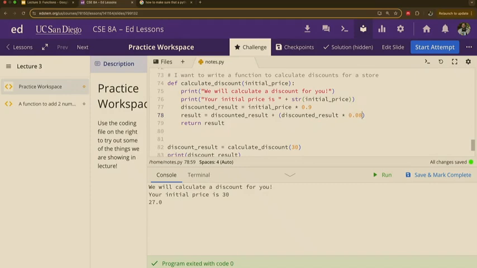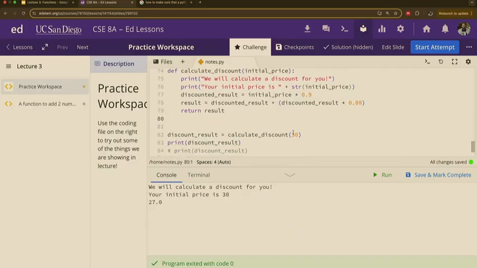Let's get 8% of whatever the discounted result was and add it back into our final result, because ultimately we all have to pay taxes, right? So we run that here. Let's run it. So now, instead of 27 bucks, it's 29.16, because we started off with 30, we did take away 10%, but then we have to add the sales tax back into it, right? And we taxed the discounted result, and that's 8%, right?